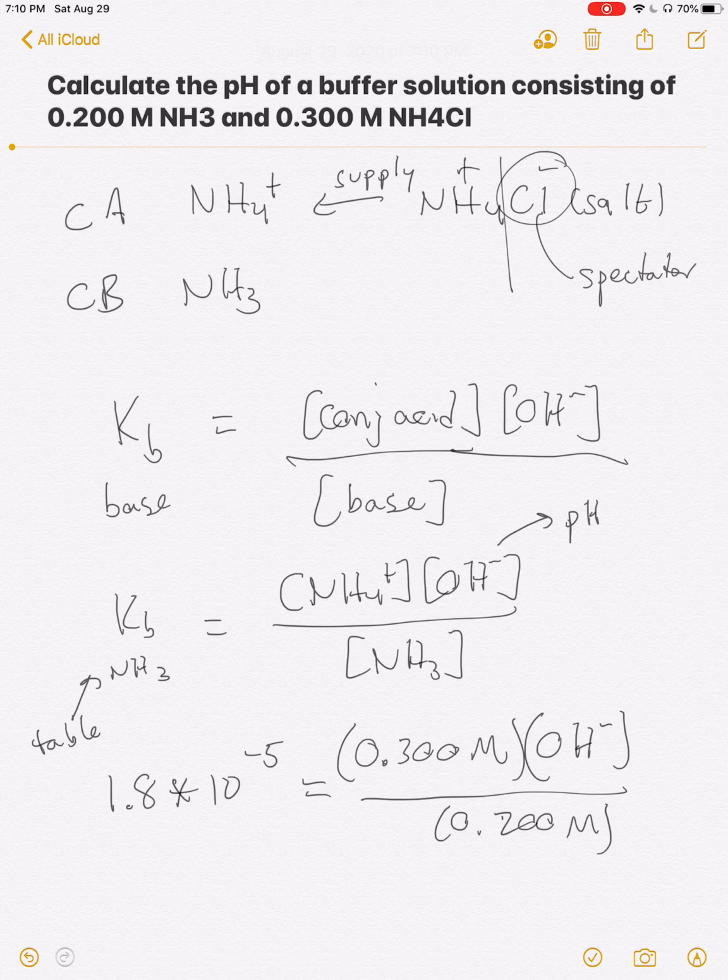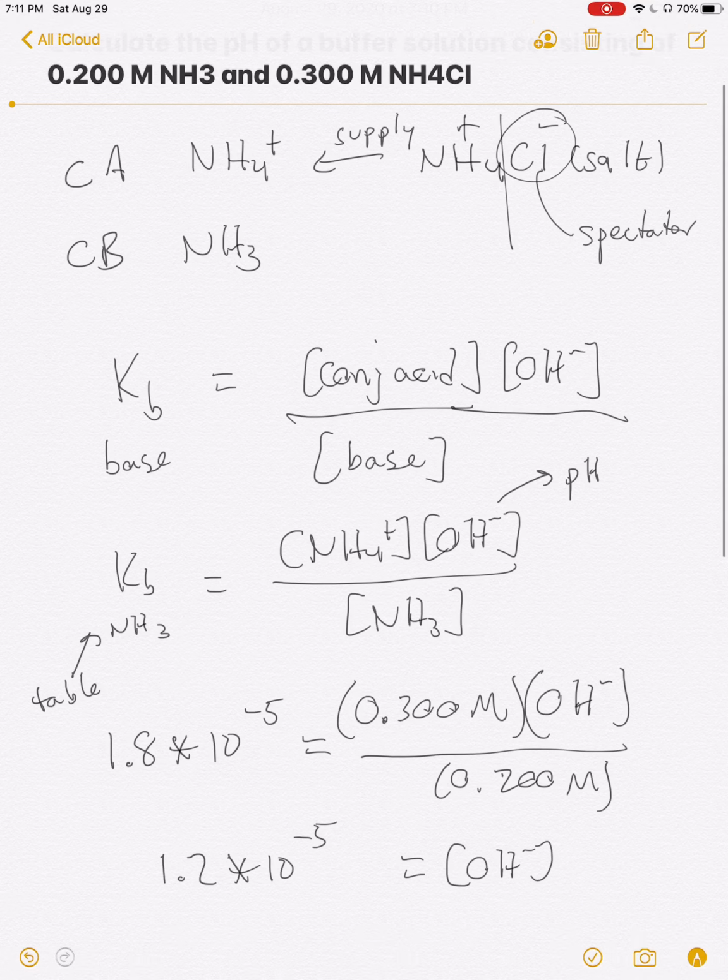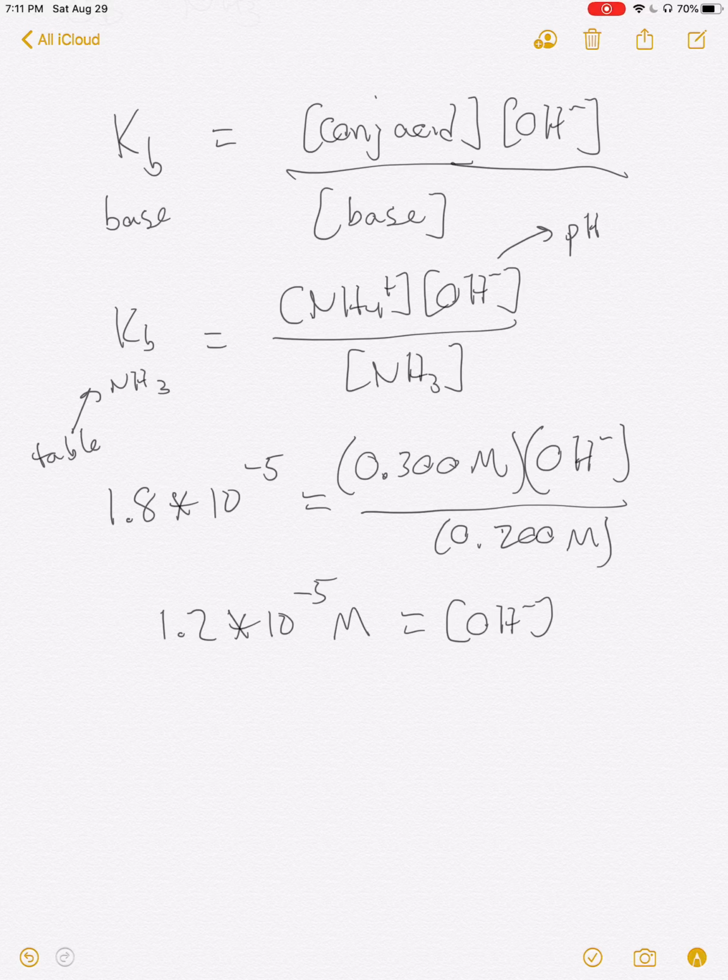Doing the algebra to solve for this, we get 1.2 times 10 to the negative 5 is my hydroxide concentration. And that 1.2 times 10 to the negative 5 is a molarity. The pOH is defined as the negative log of the hydroxide ion concentration. And so we can take the negative log of